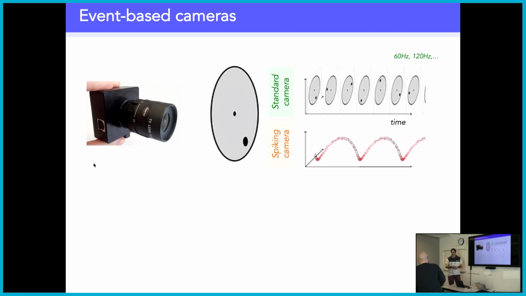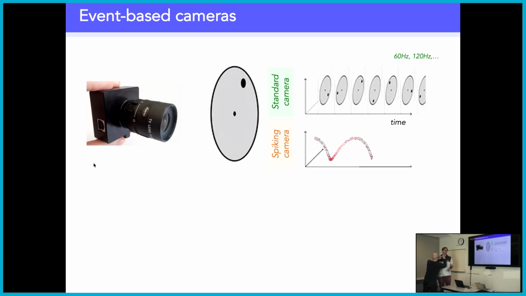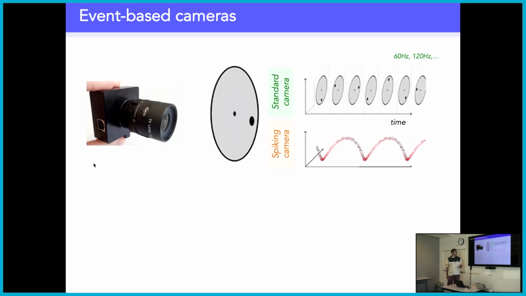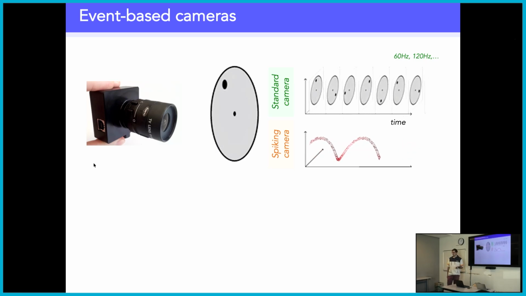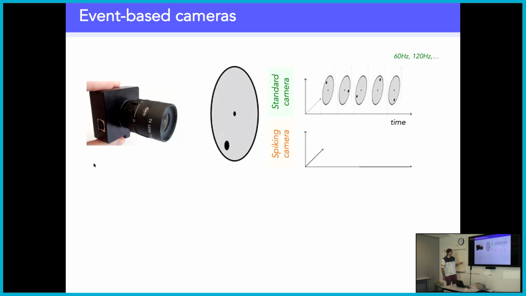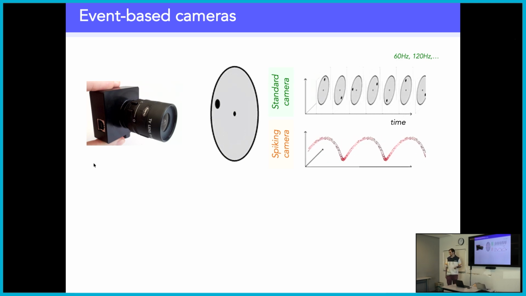Spiking cameras function differently. They detect illumination change in the scene. They emit a spike whenever a luminance change is detected, whenever the luminance increases or decreases, and they do that at a very, very high speed, working up to the microsecond scale.